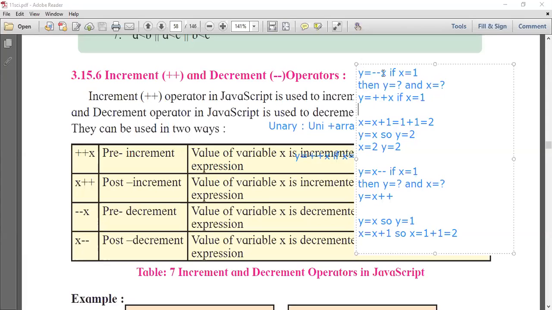Yes, this is my question. Y is equal to minus minus x. If x is equal to 1, then y is equal to what and x is equal to what?